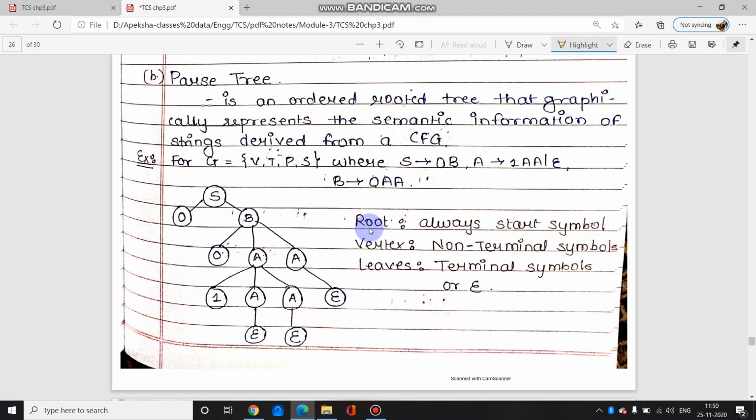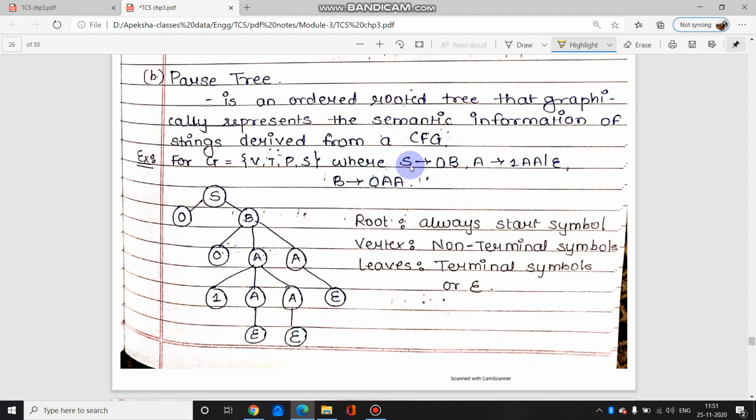इसमें see the most important thing to remember is root will always be the start symbol. रूट पे हमेशा स्टार्ट सिंबल रहेगा. वर्टेक्स नॉन टर्मिनल सिंबल्स, लीव्स पे ही एप्सिलन रहेगा, यानी स्टार्ट सिंबल हमेशा रूट पे. इन बिटवीन वर्टेक्सेस जो भी रहेगा जिसके आगे और ब्रांचेस है वो सब नॉन टर्मिनल रहेंगे. और लीफ नोड यानी जो भी लास्ट नोड रहेंगे लीफ नोड पे that will be all terminal symbols और एप्सिलन.